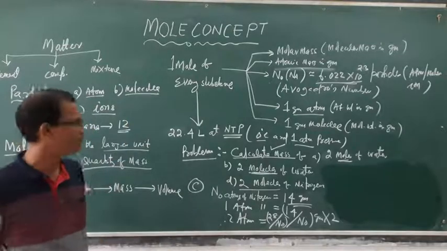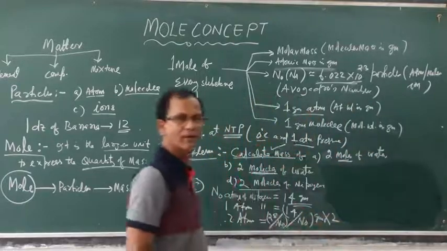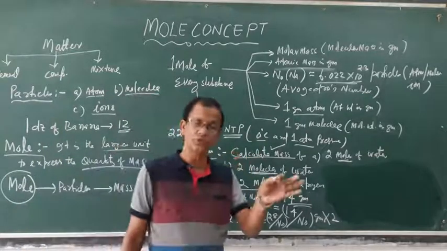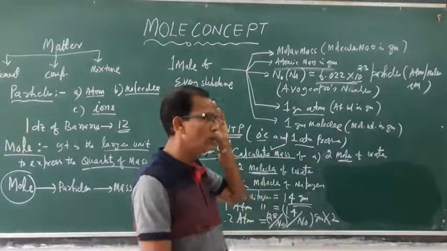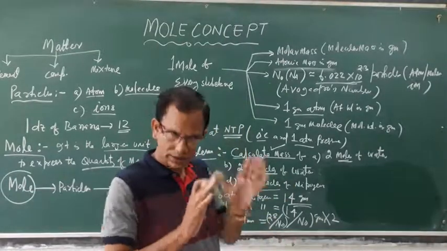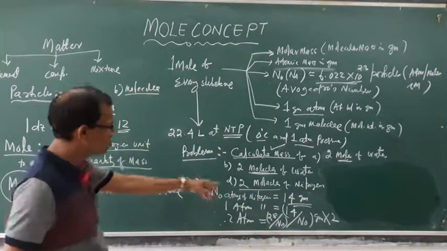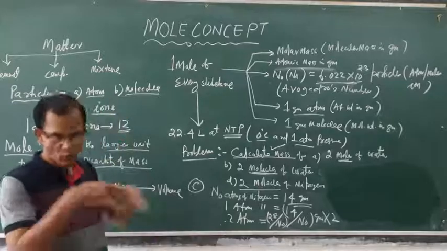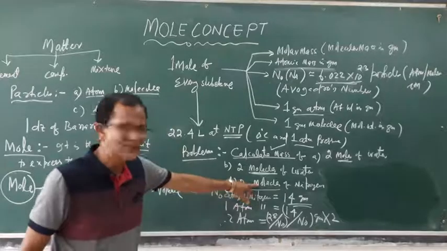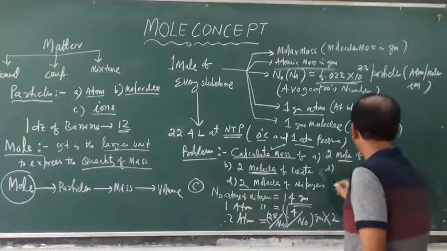That means in molecular form. Molecular form means you use what? You will use molecular mass. Already I have told you, when the word atom is used, use atomic mass. When the word molecules is used, use molecular mass. So that calculation will be easy and your answer will be correct. For example, here two molecules of nitrogen, mass is how much? Two molecules means particles. You see the particles formula. So D answer will be